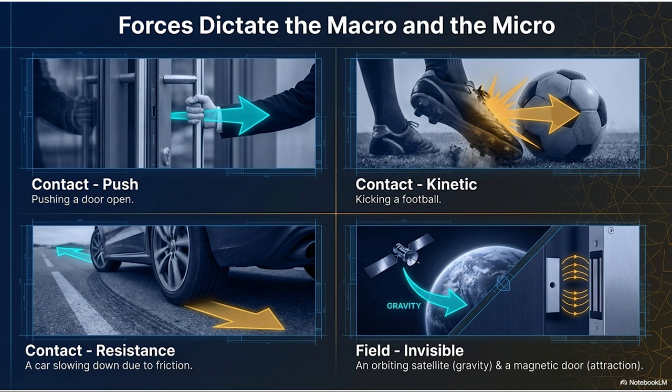Whether you're dealing with the physical friction of a car tire or the invisible magnetic attraction of a security lock, the fundamental equations of force, those vectors of magnitude and direction, they remain completely identical. So the universe really is consistent, like the quote said. Okay, so we've established the rule book. We know what forces are. But how do these forces actually interact out in the real world?